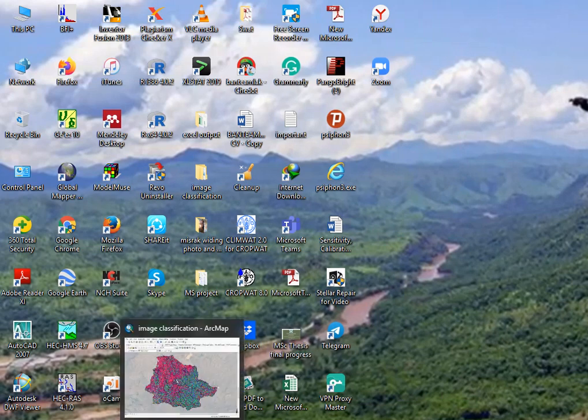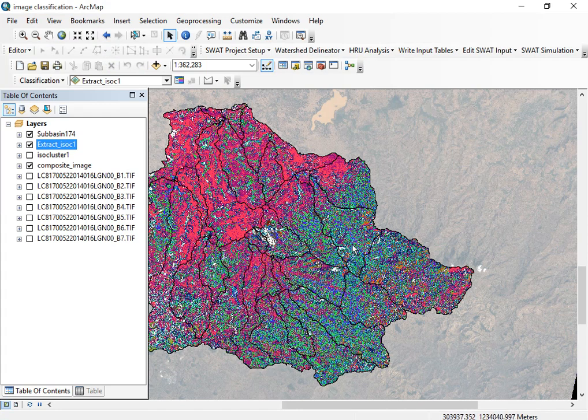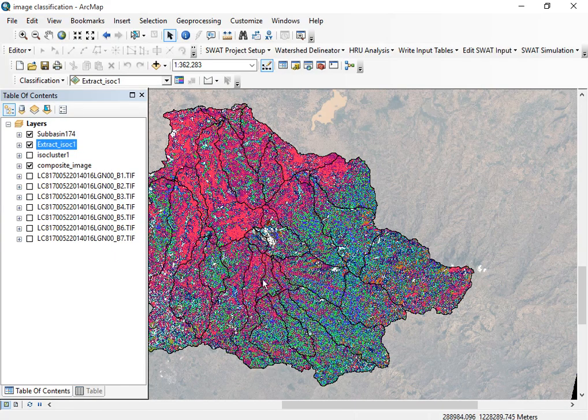In the last tutorial we have seen image classification, which is unsupervised methods of image classification, and we have prepared or classified an image for Gomera watershed. Okay, for Gomera watershed in such ways. And for today's tutorial we will see how to resample,